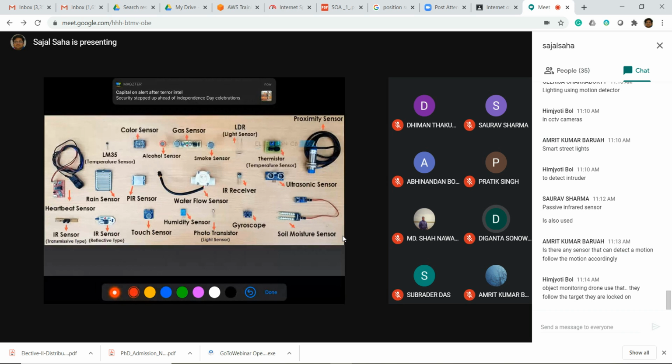Actually, these are industrial motion sensors and military motion sensors. I have not discussed the industrial sensors or the military sensors. Whatever I have discussed can be used here to develop a consumer product, and they are easily available and cost effective also. There are millions of sensors. You can work with everything. But if your curiosity is there, okay, I will check.